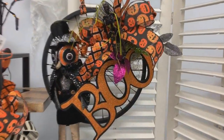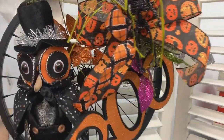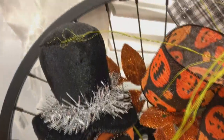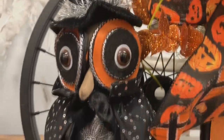MS702120. She used three different ribbons to make the bow, and the first one was a black and white glitter plaid, and it's RW7618CF. And then the jack-o'-lantern ribbon is